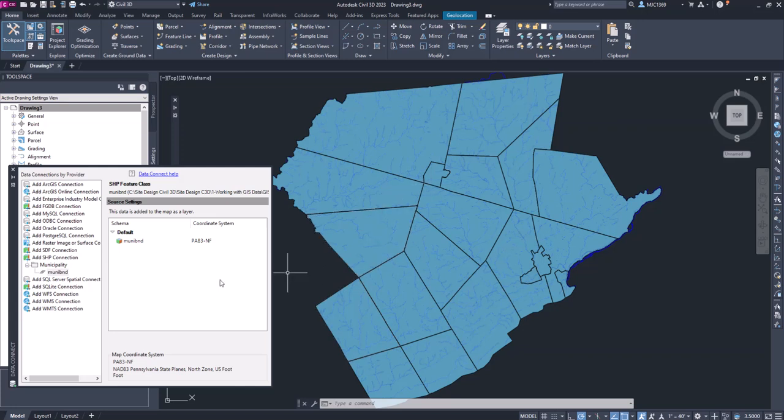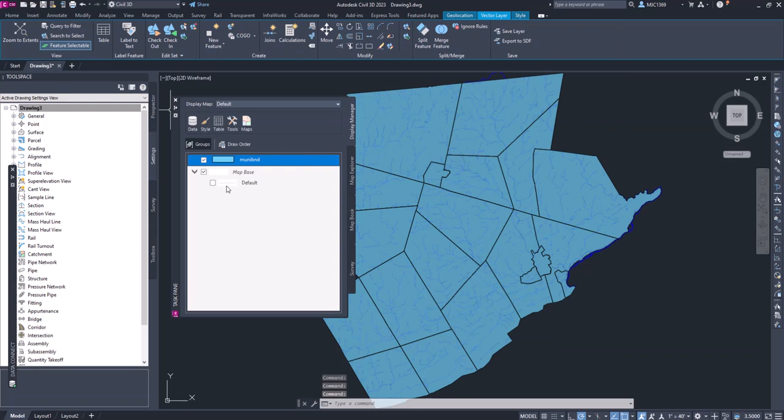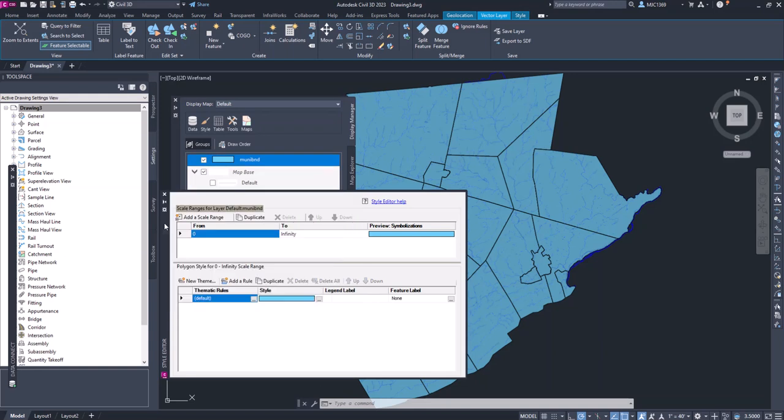You can see that the colors may differ. What we want to do is get rid of the shading and only have the boundary outline. To do that, we're going to go back to our task pane and minimize this. You can see this shows that layer of information. As you add more data, these layers will grow and you can turn them on and off and display them different ways. We're going to double left click on this blue swatch, and that brings up the